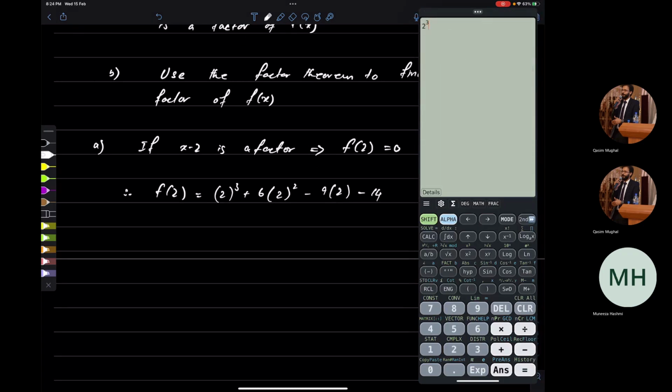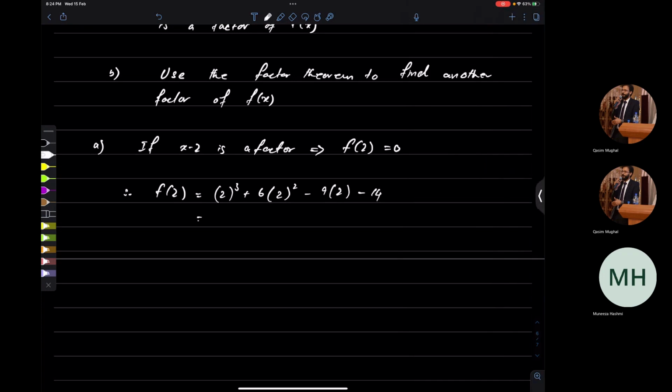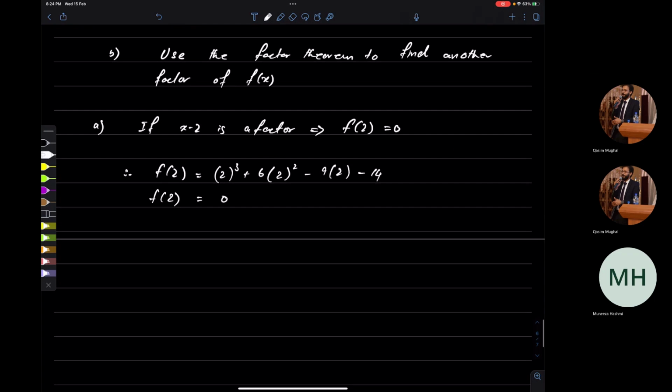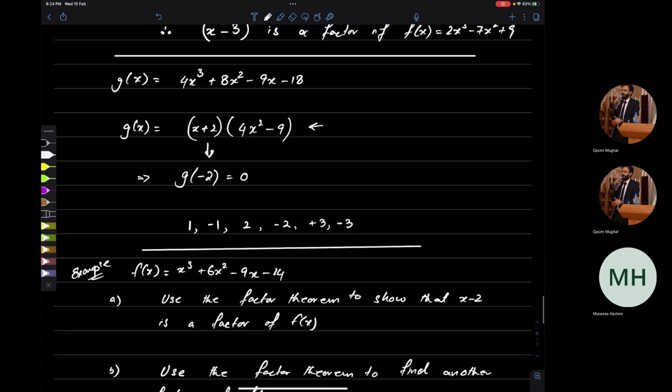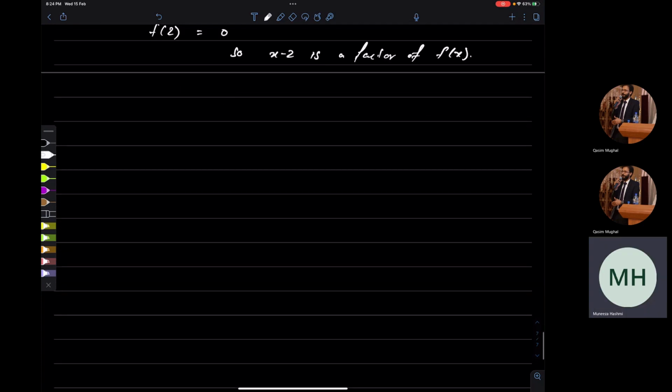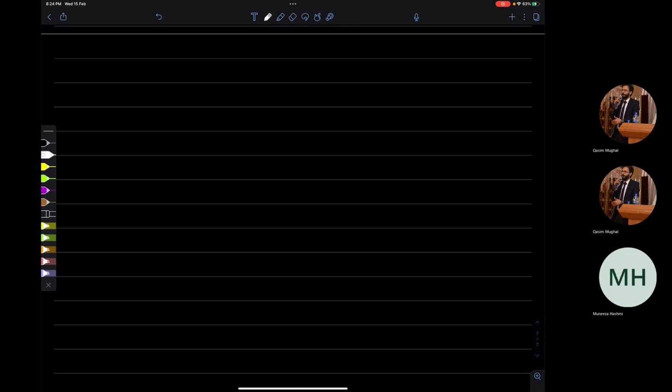2 cubed plus 6 times 2 squared minus 18 minus 14, which is actually 0. So x minus 2 is a factor of f of x. Got it? Yes, sir. Okay. Now in part B,